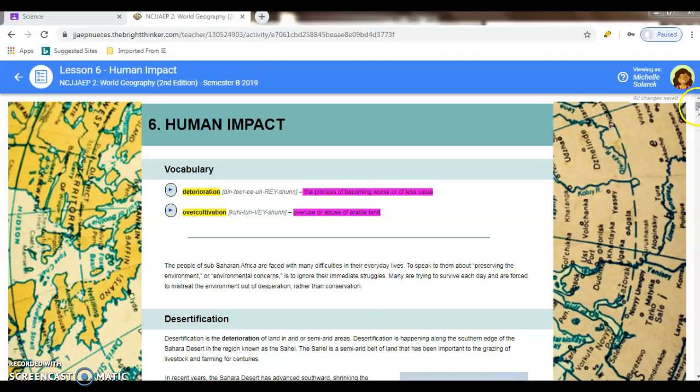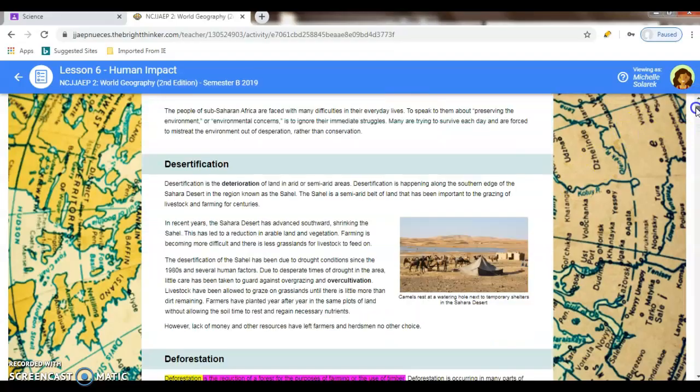So going right into the first paragraph, we're going to talk about desertification, and that is the deterioration of land in arid or semi-arid areas. Desertification is happening along the southern edges of the Sahara Desert in the region known as the Sahel. The Sahel is a semi-arid belt of land and has been important to the grazing of livestock and farming for